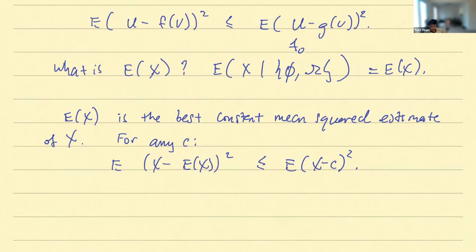So you can make up a silly game like this. You have a random variable, you ask your friend to guess the value of that random variable, and they have to pay, as a punishment, based on the square of their error, and they have to do this a lot of times. What's the best value they can guess? The best value they can guess for this game is the expectation, meaning they will pay the least cost if they guess it that way. So expectation has that meaning too.